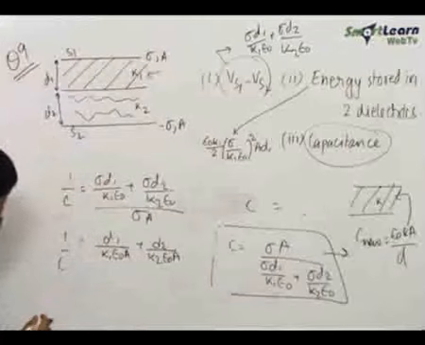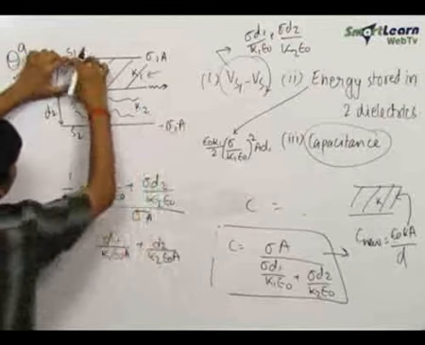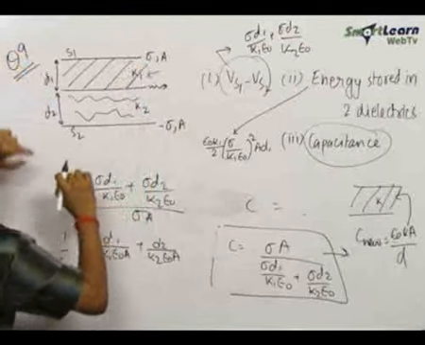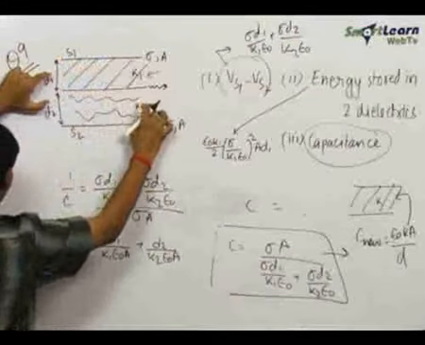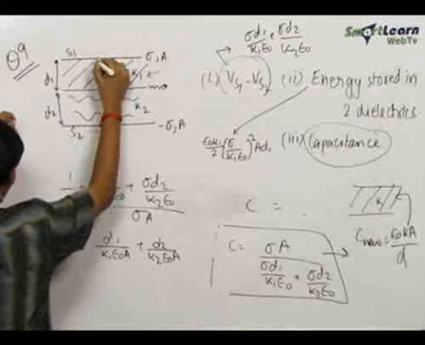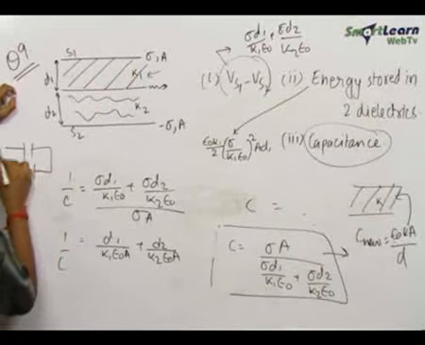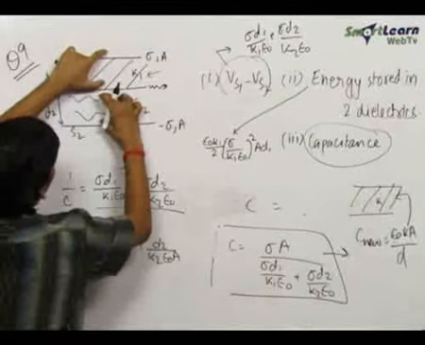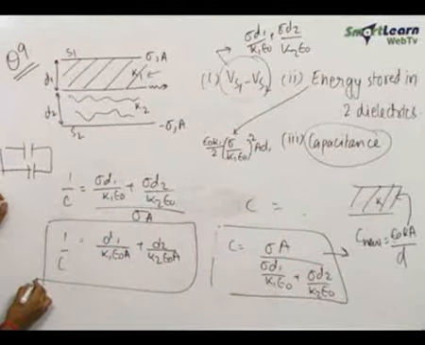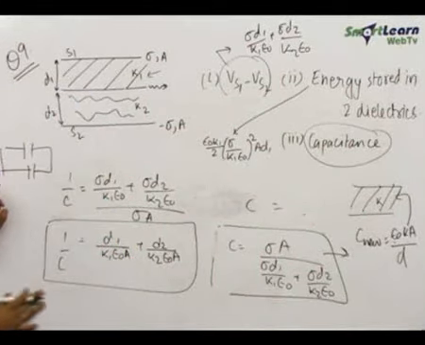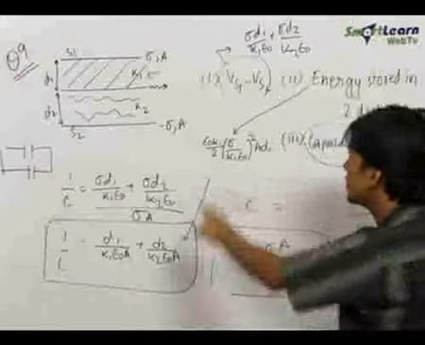So what we see here is that there is a potential developed at this point also. So this system acts like one capacitor and this system acts like another capacitor, and these two capacitors are in series, because if they were in parallel, they would have a common potential, but since they do not have a common potential, these two are in series, and this is the formula for the resultant capacitance when two capacitances are in series. So we could have directly found the capacitance using this formula also.